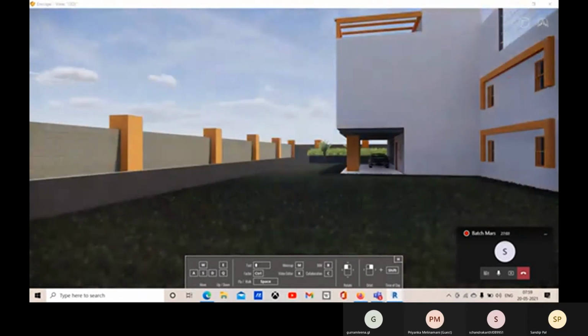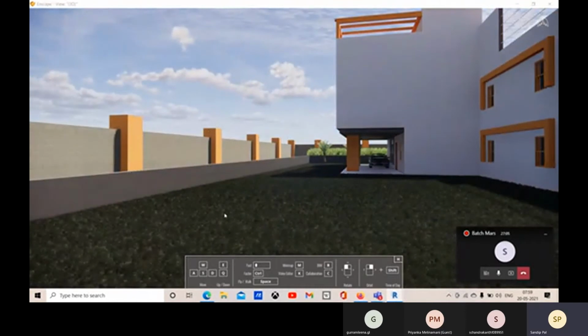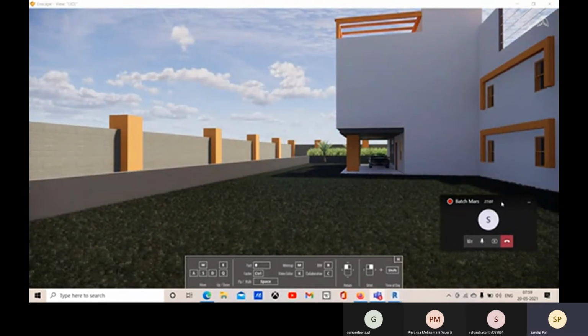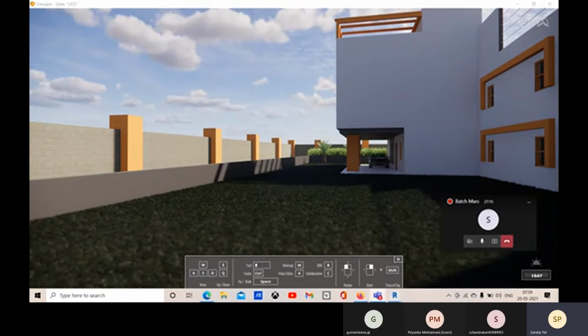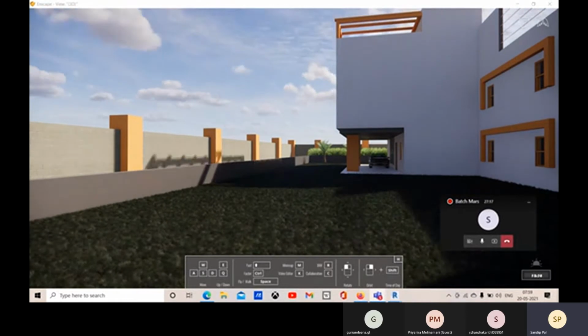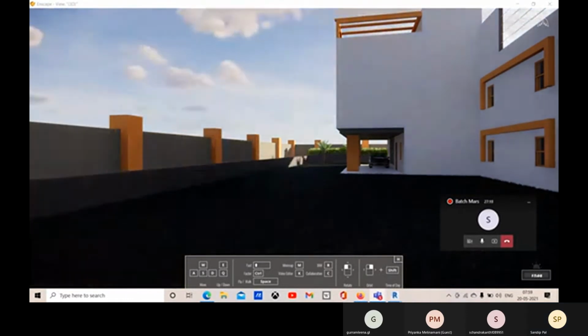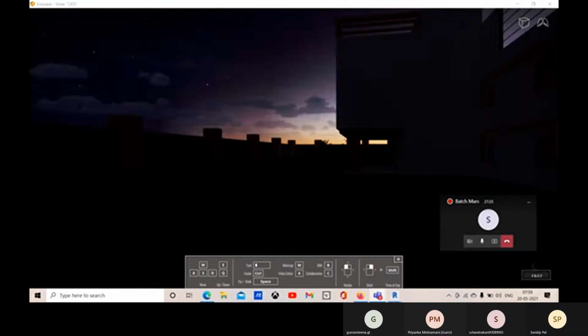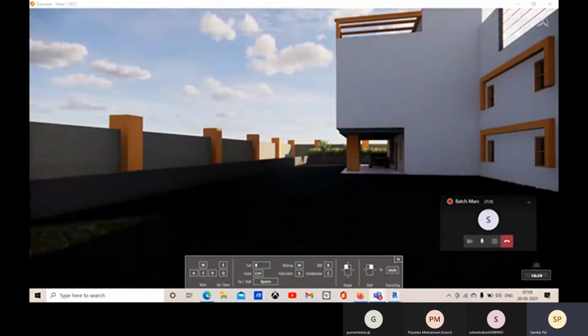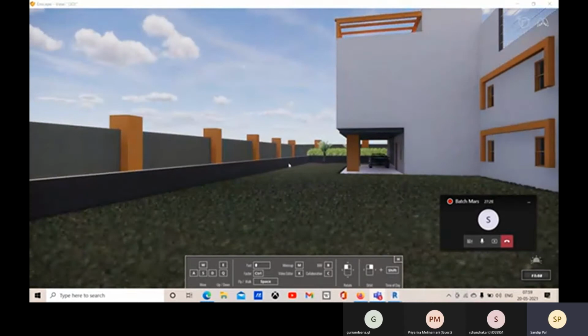At the bottom right side of your screen, you can see the time. Right now it's 3 o'clock and I'm moving right, and as per that, I'm getting the time.